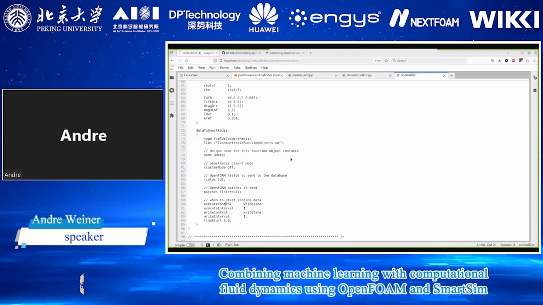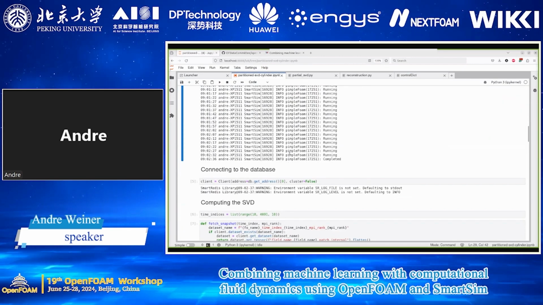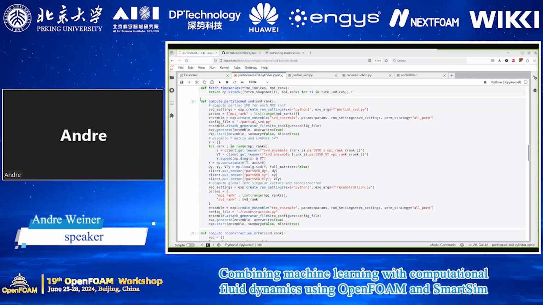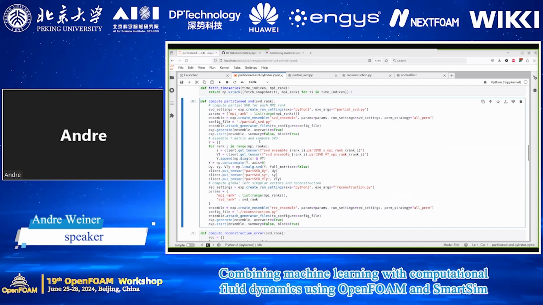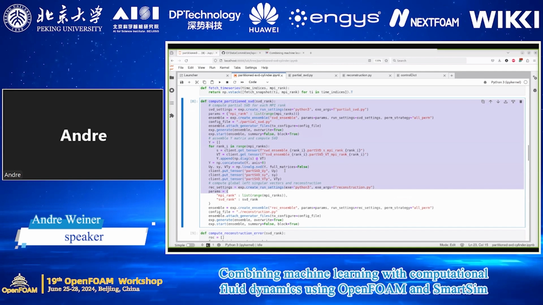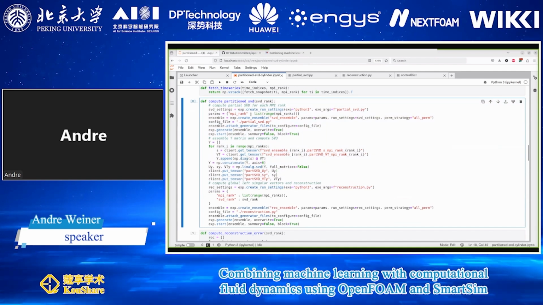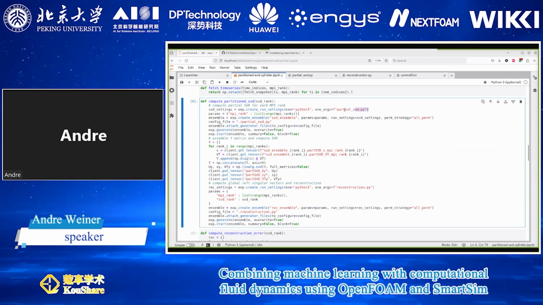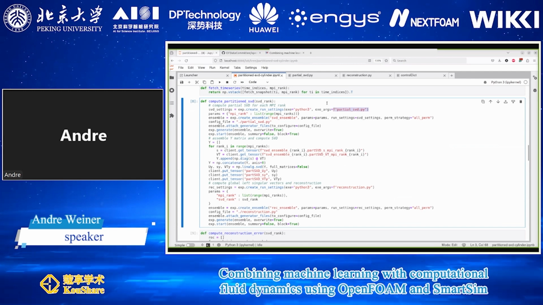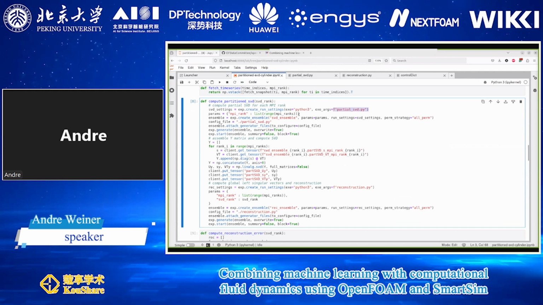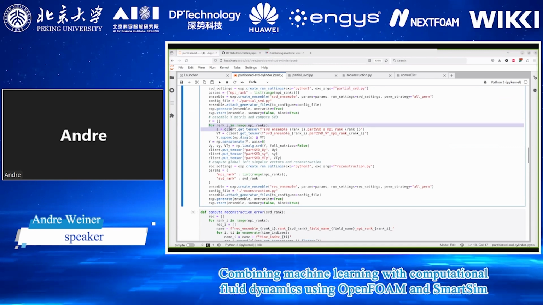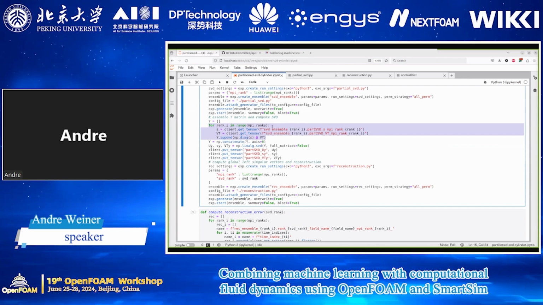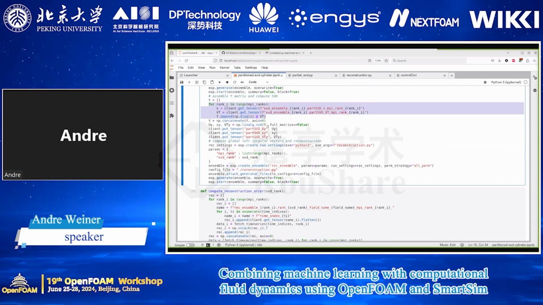Now, once the simulation is done, we can actually do the SVD computation. This split and merging is implemented in this function here called compute partitioned SVD. What it does is execute three different Python scripts. The first one is called partial SVD. This is where the actual SVD computation happens. And the second one is the computation of the factorization of the Y matrix. Then the final one is